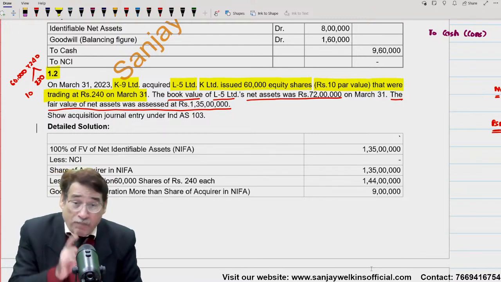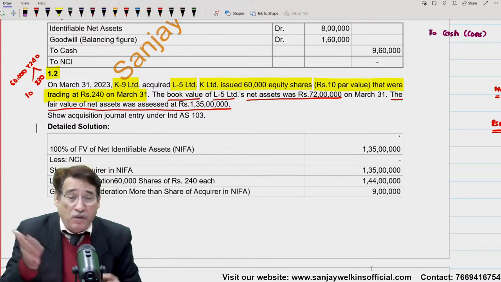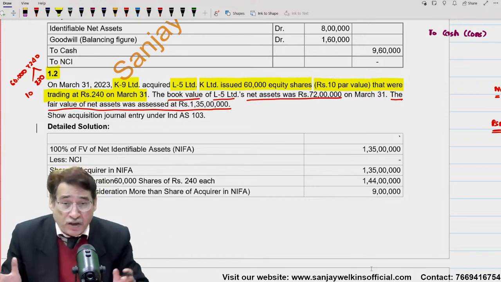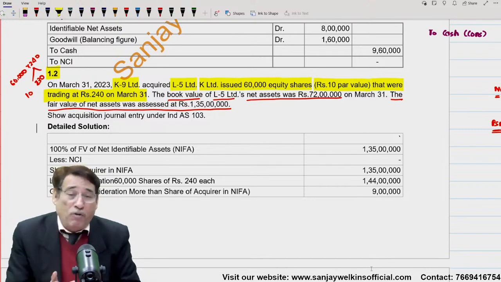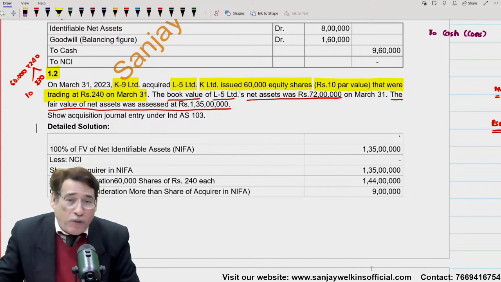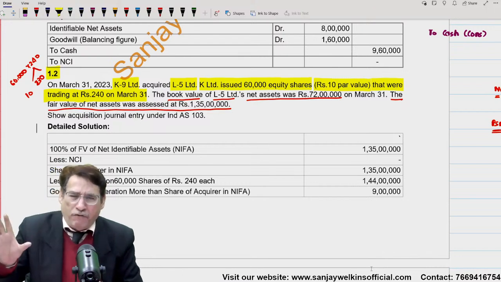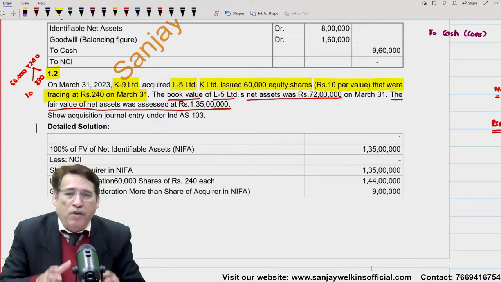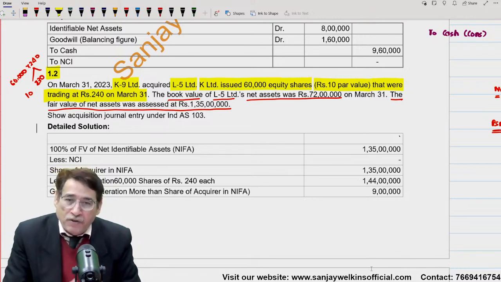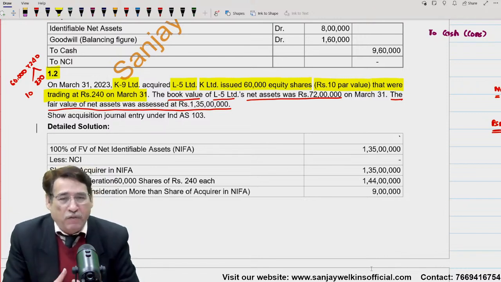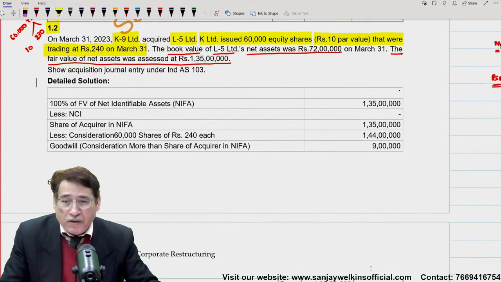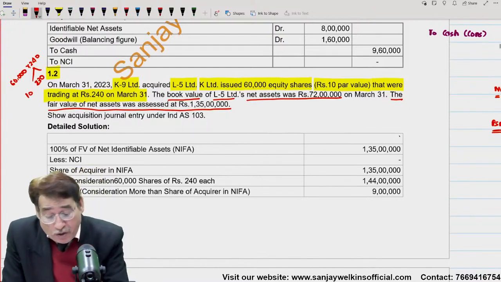In the question, pay attention. These are the things the student fraternity never pays any attention to, and in the examination they unnecessarily waste their time. Whenever a percentage is not given in the question, without an iota of doubt you have to come to the conclusion that you have got 100% stakes. So even in this question, 100% of the stakes are in the hands of the parent, correct? Absolutely. You are right.